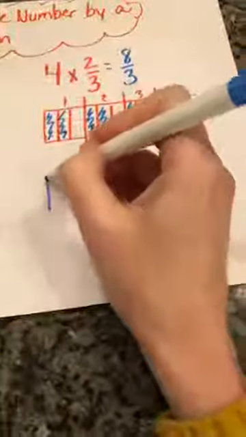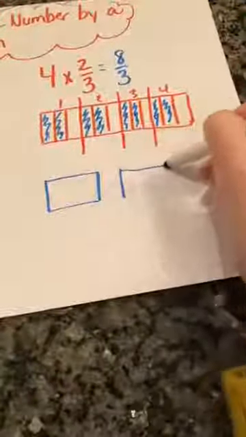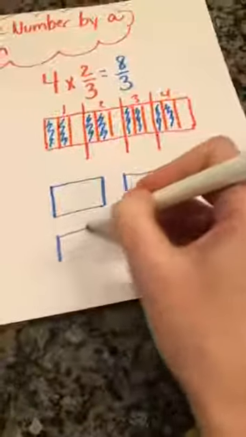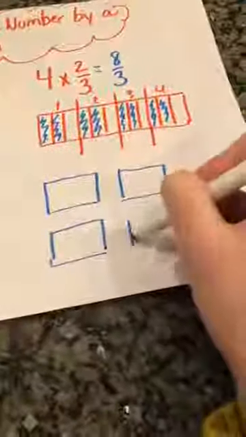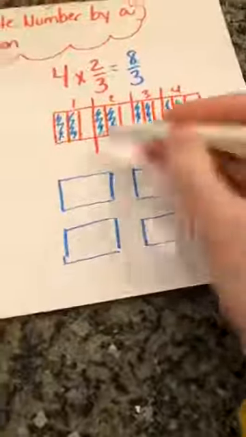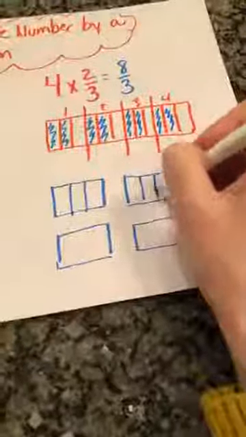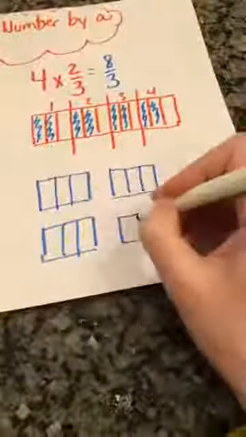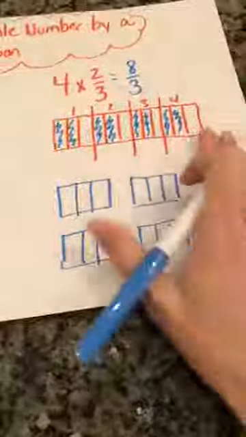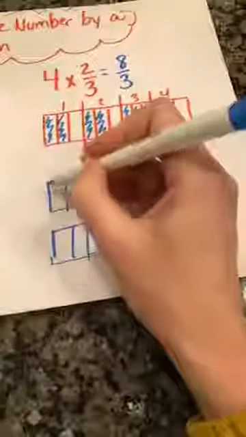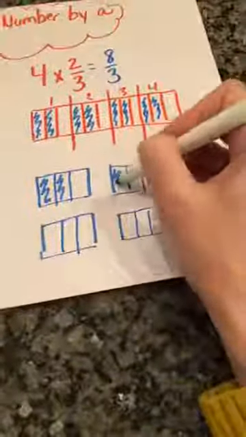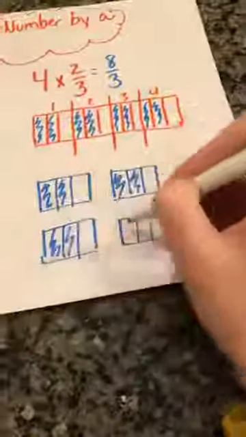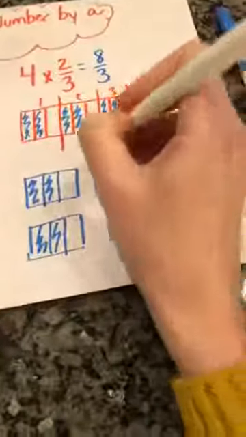Let me show you what that looks like if you took 4 wholes separately. A lot of people like to do 4 wholes separately, which is completely up to them. So here's my 4 wholes. I'm going to try to determine how many 2/3. Okay, and then from there, I can determine 1, 2/3, 2/3, and 2/3. And the same thing, I can then